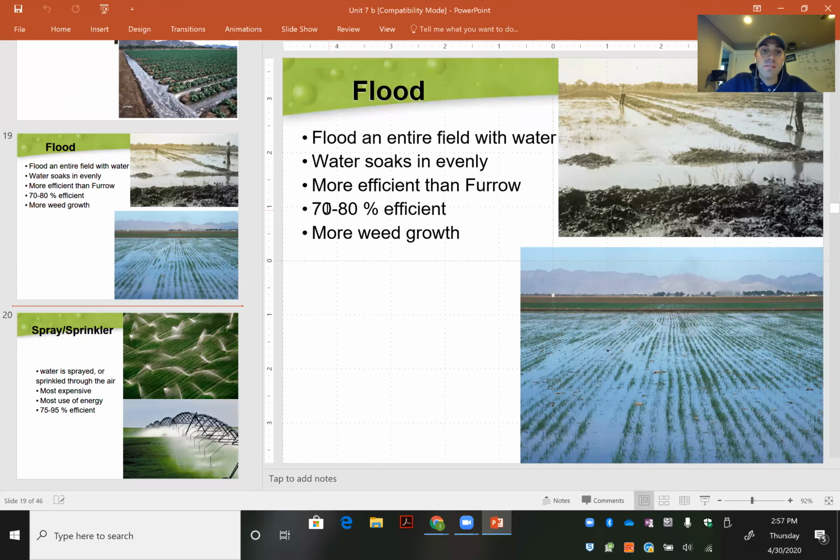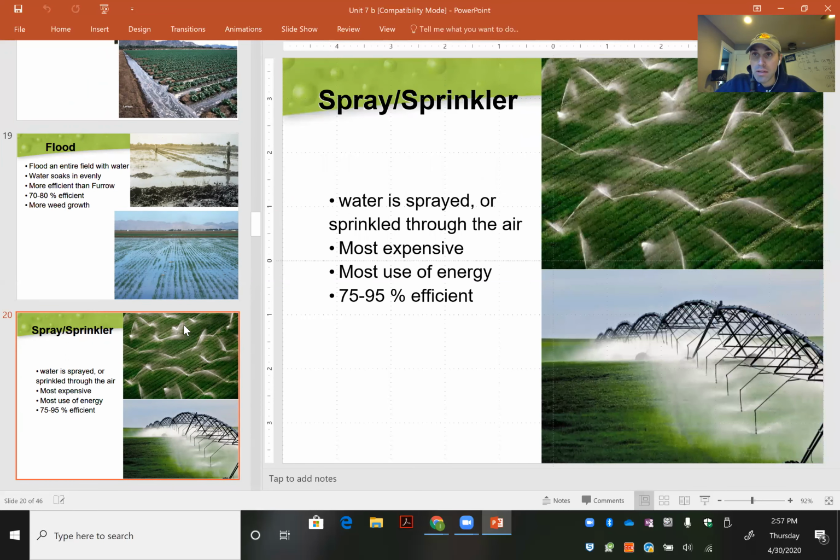Let's take one step further, to an even better type of irrigation, that is spray or sprinkler. That's a little bit more efficient, 75 to 95% efficient. However, still not the best. There is some water waste, right? You have these water droplets flying through the air, not necessarily a pinpoint type of watering, which brings us